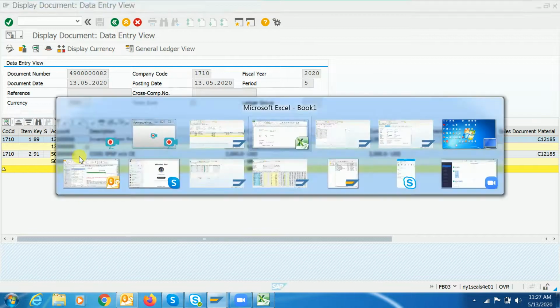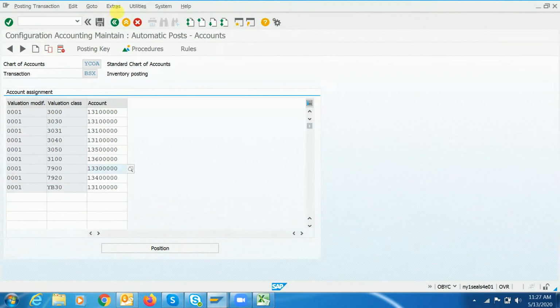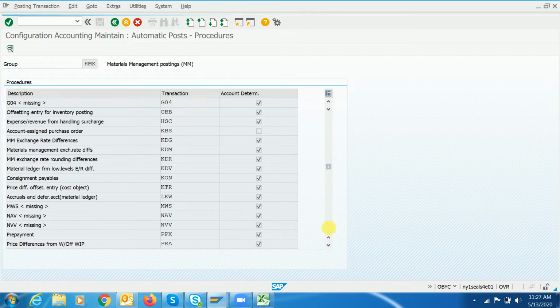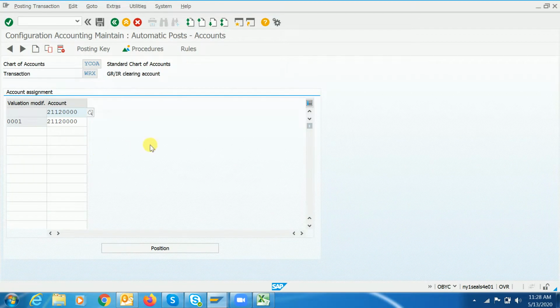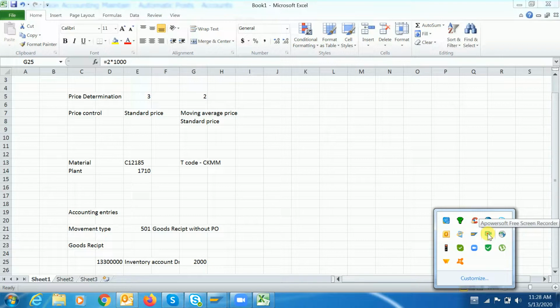What about the opposite-sign accounting entry, guys? The system will pick that from the WRX. Okay, this is the one, WRX. One minute, guys.